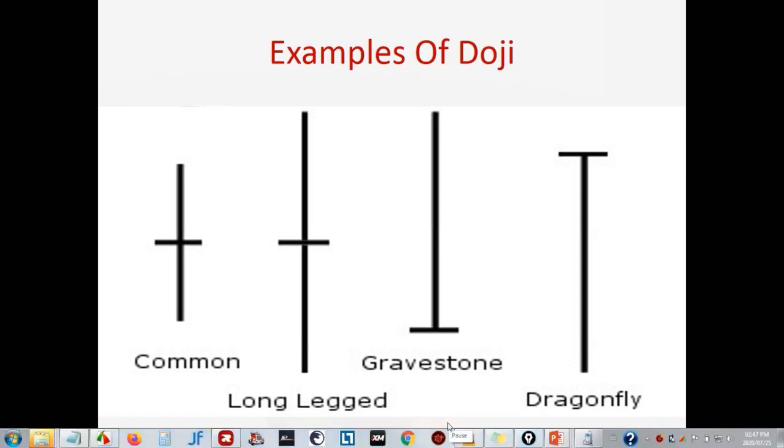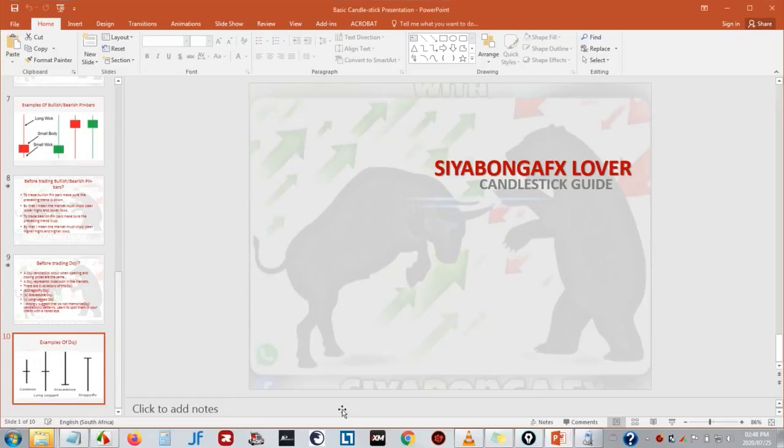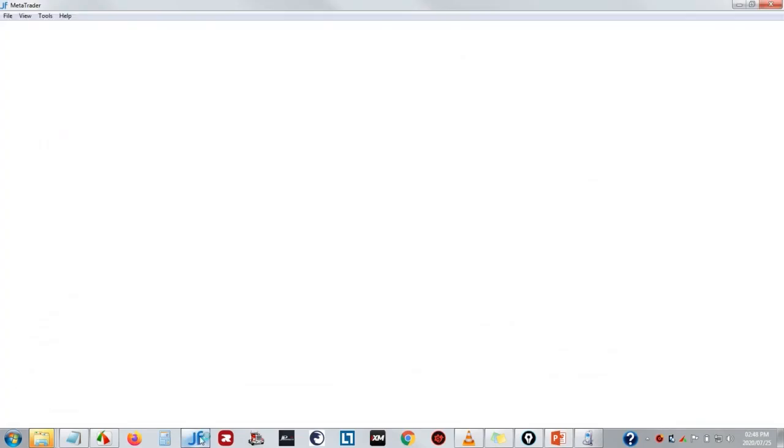Okay, excuse me my friends, I had to pause the video because I needed to connect my computer to the internet, because it does not stay connected to the internet 24/7, so that we can open our MetaTrader 4 platform and look for real live examples of these candlestick